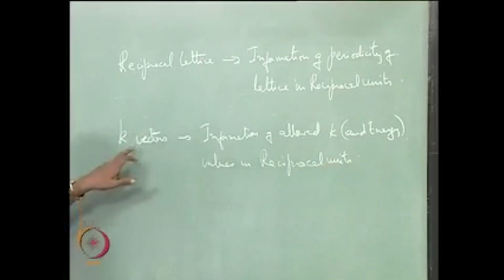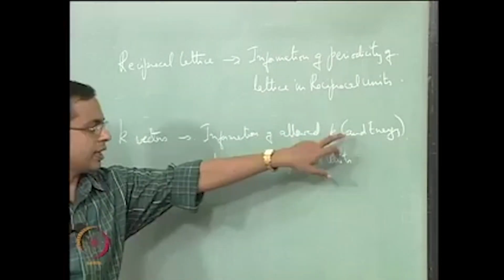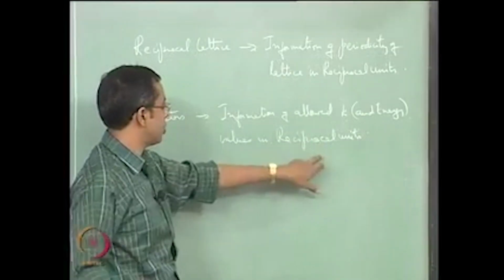So the k vector captures information of allowed k and therefore allowed energy values in reciprocal units, and